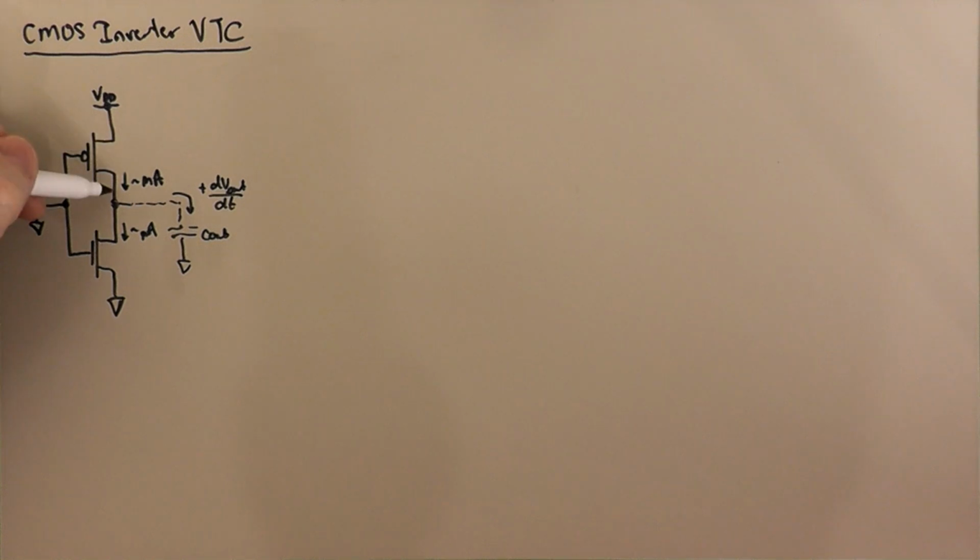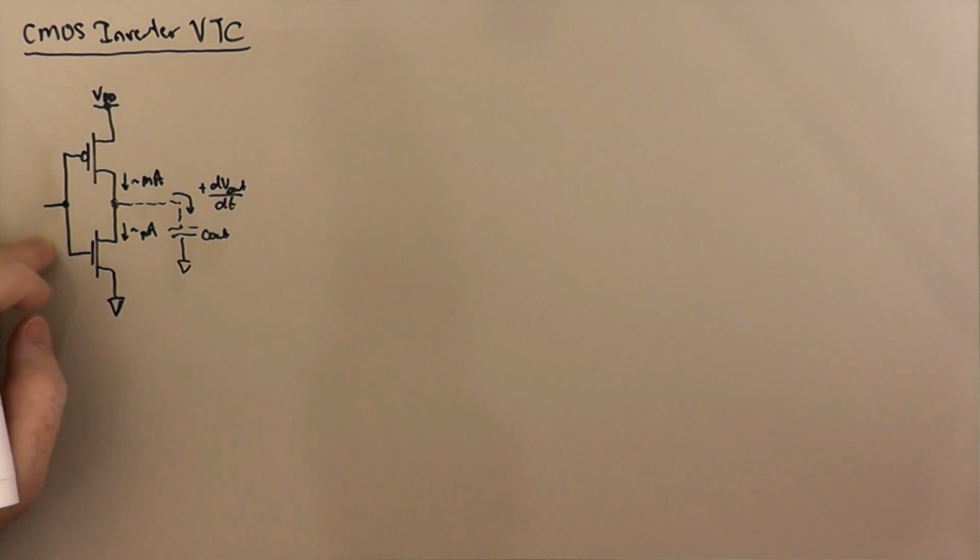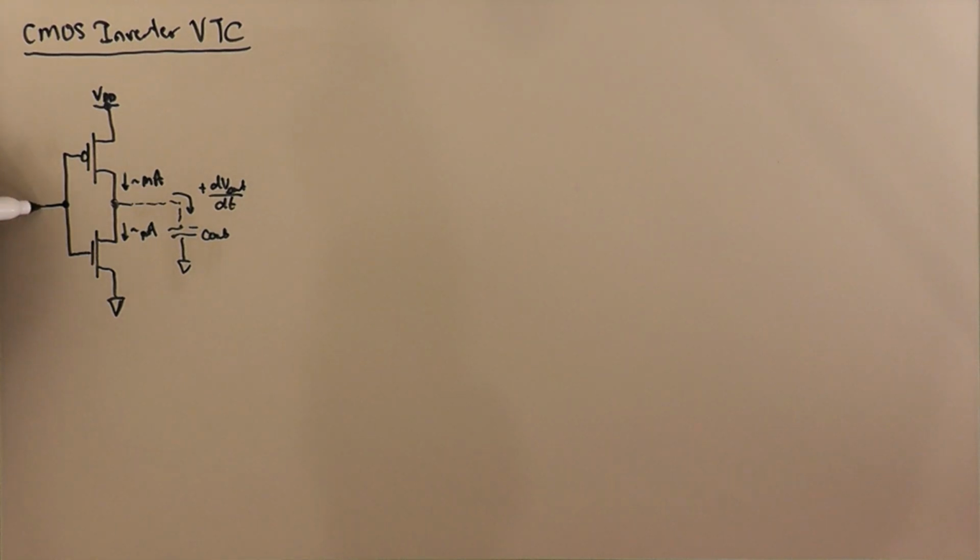And so this voltage here, V out, is going to be really, really close to VDD, maybe only a few hundred microvolts below VDD or something like that. And so that's how, with the voltage on the input at ground, the output is going to be up near VDD. If we were to imagine the opposite situation, where we have the input, let's say, connected up to VDD